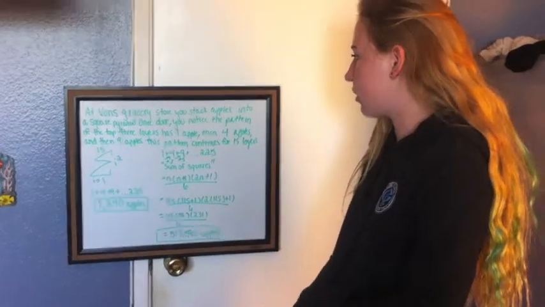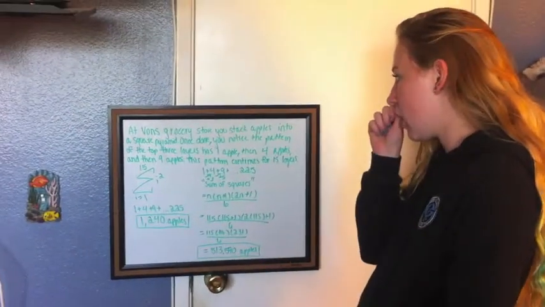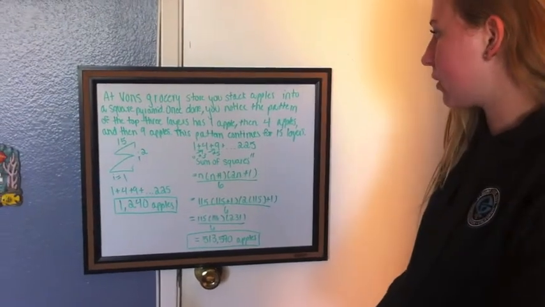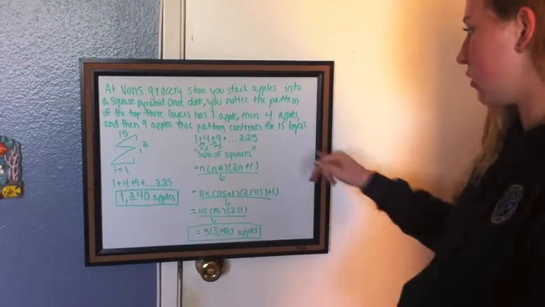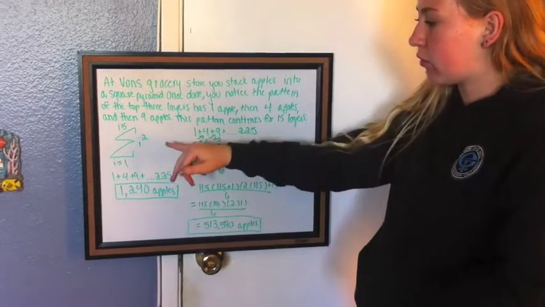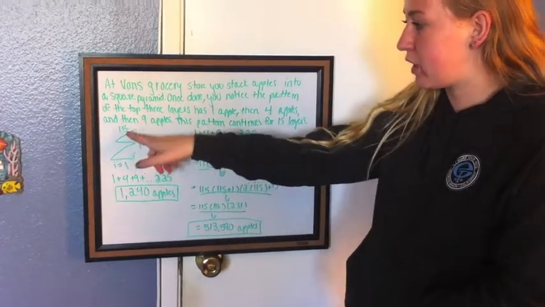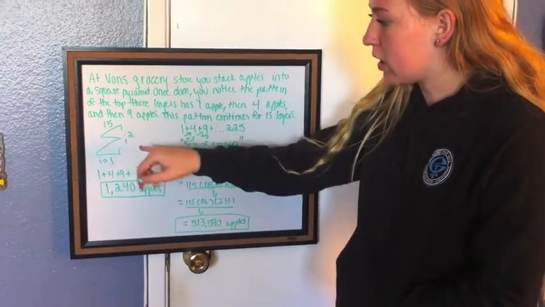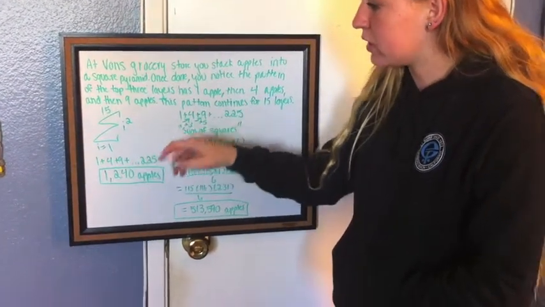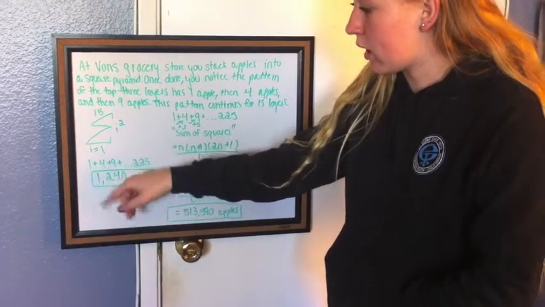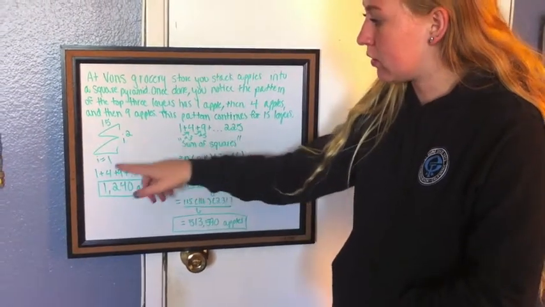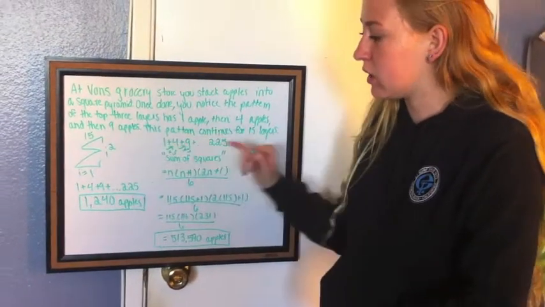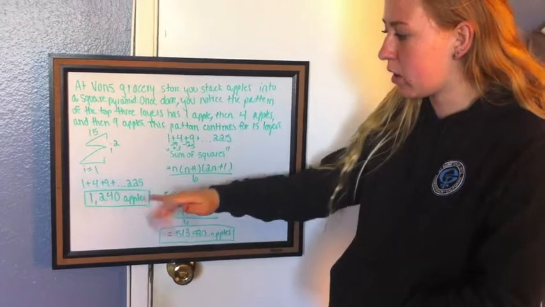At Vaughn's grocery store, you stack apples into a square pyramid. Once done, you notice the pattern of the top 3 layers has 1 apple, then 4 apples, and then 9 apples. This pattern continues for 15 layers. So when using sigma notation, we put 15 on top because that's our total number of layers, and then i on bottom, and then i squared. So it's basically increasing by 1 every time. So 1 squared is 1, and then plus 2 squared is equal to 4, and then 3 squared, which would equal 9, and you can keep doing this in your calculator till you get the total number, which is